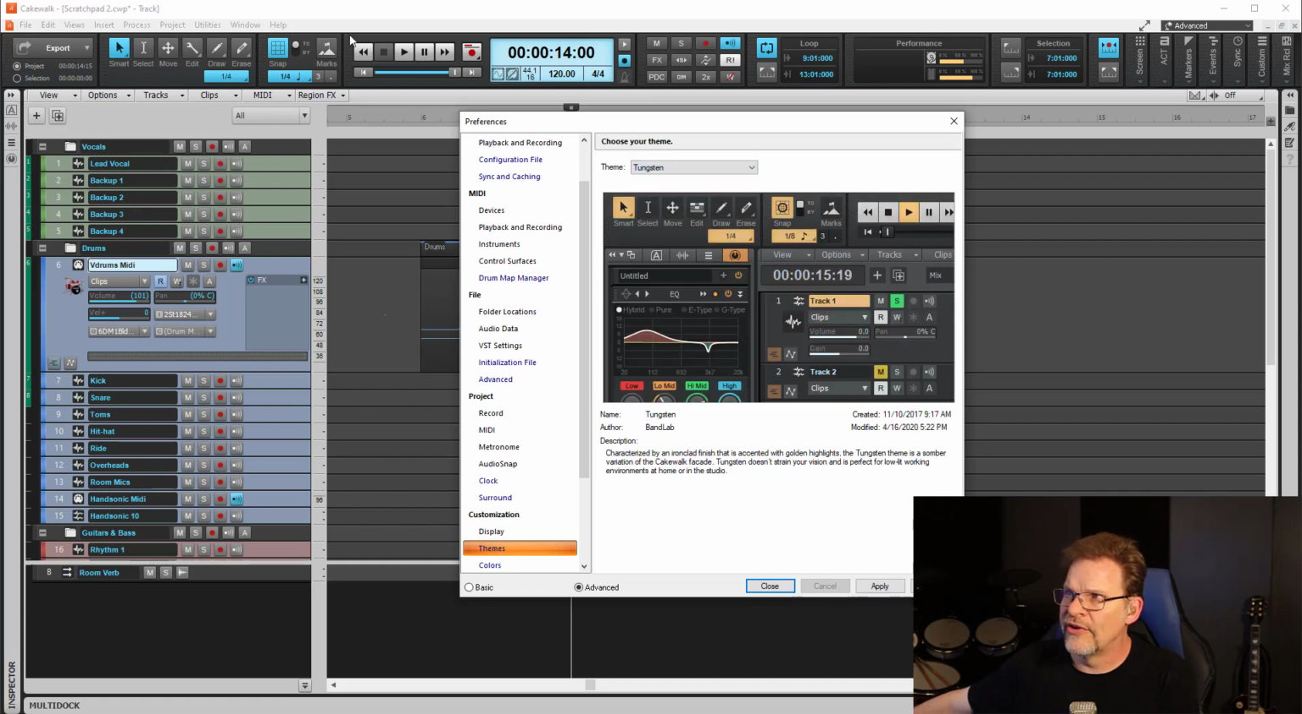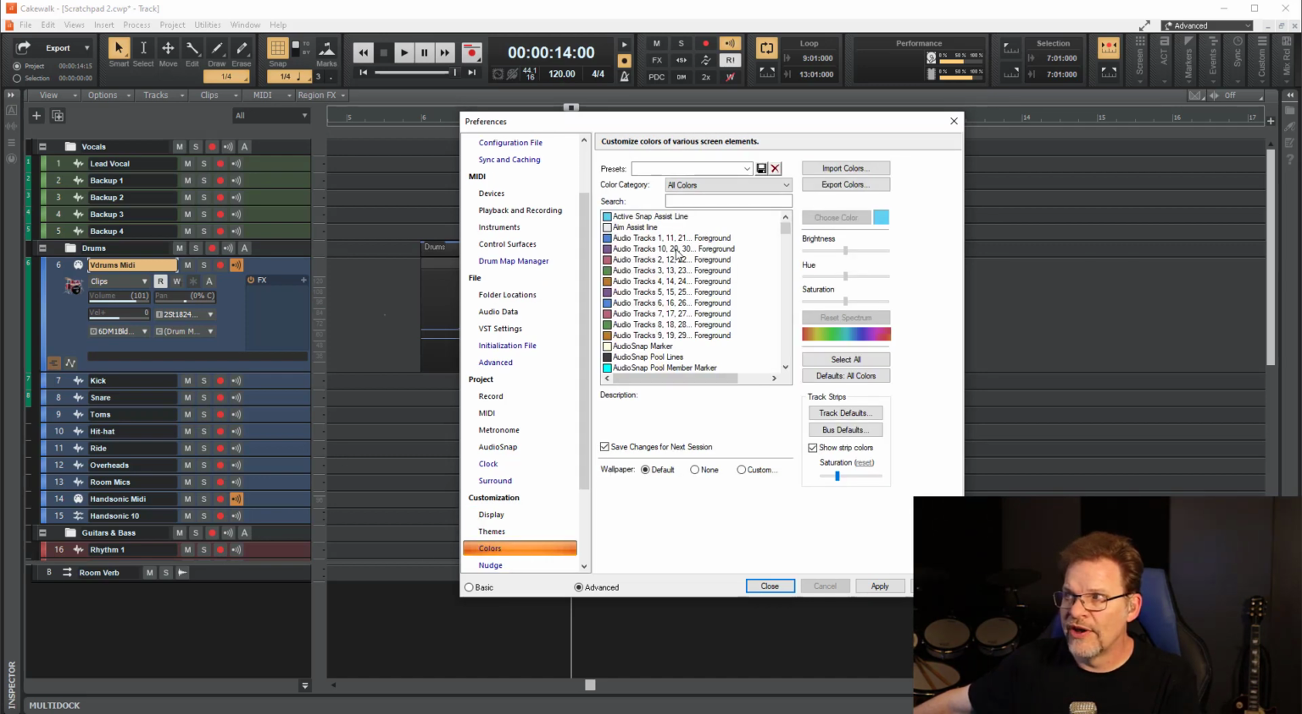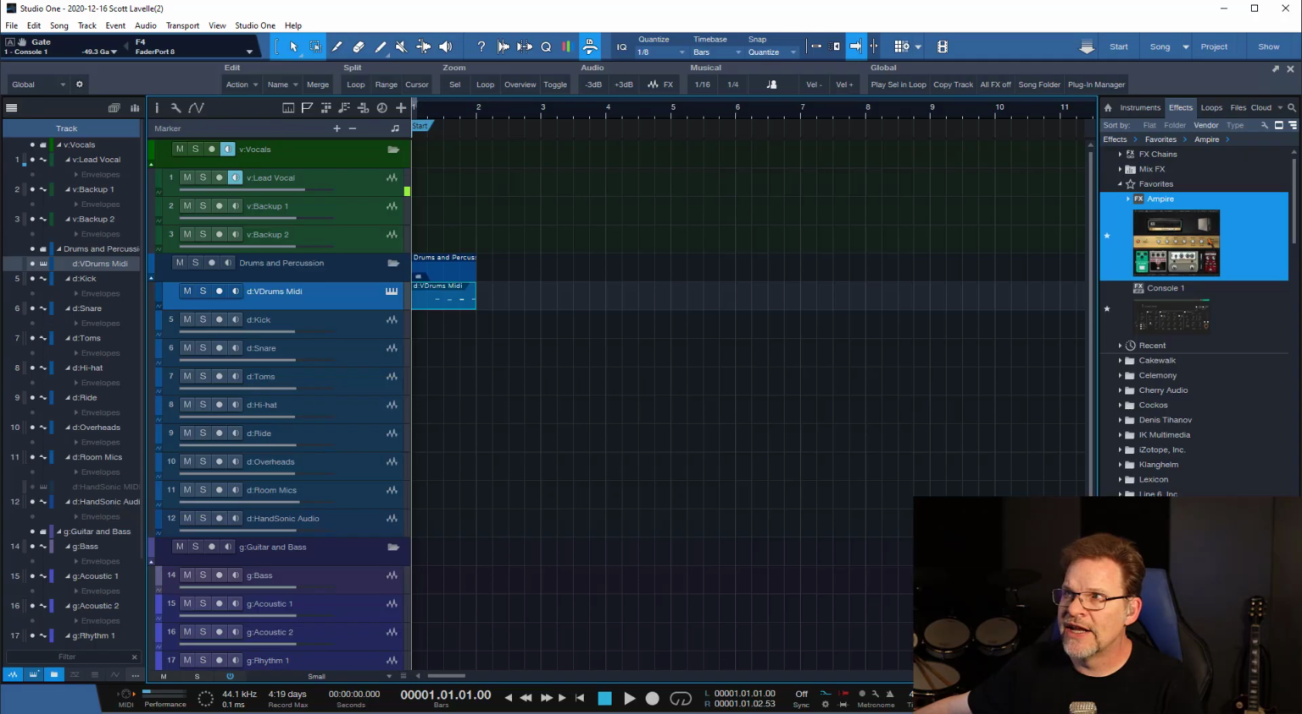Versus in Tungsten, you can see everything is kind of more of an amber color background and all. But the main difference here is that you can adjust pretty much anything. There's even a theme editor in here where you can get to a ridiculous level of customization. Same thing here also with the colors, where you can adjust which colors each track has, whether it's MIDI or audio. What does the waveform look like versus the background? There's all kinds of customization that can happen in Cakewalk, and Studio One definitely has a lot less in that